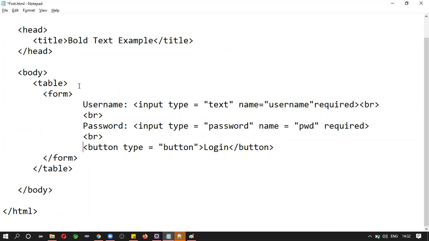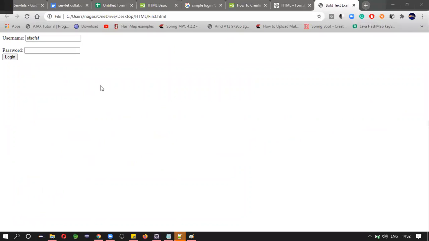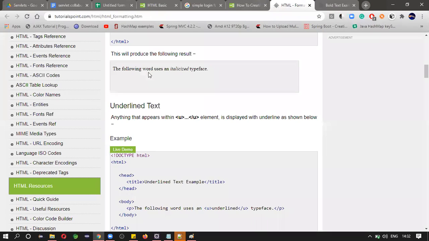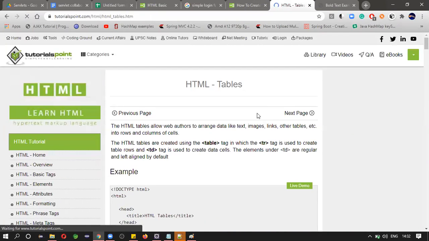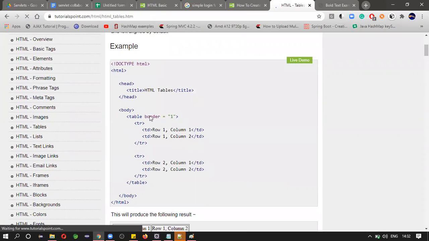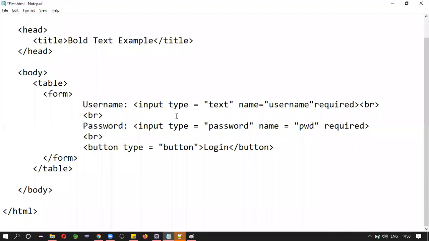Now, first, you need to know how table tag works. This is the border, it is an attribute. Okay, every tag is having some attributes, which will justify how the tag is displayed. Okay, see, I created just a table, right? I just created the table.